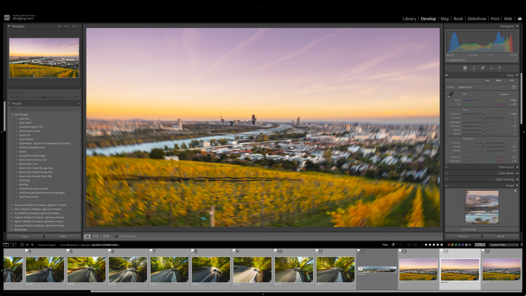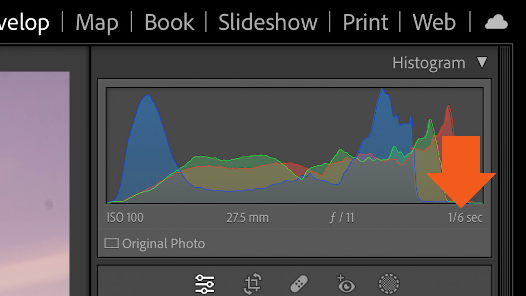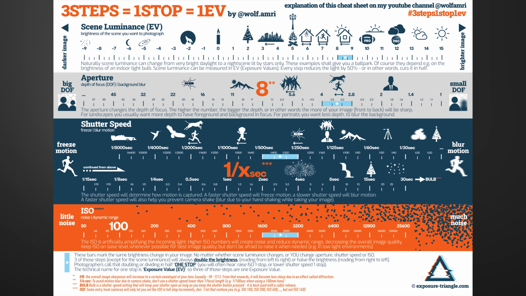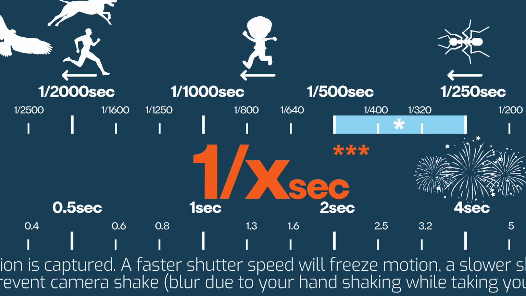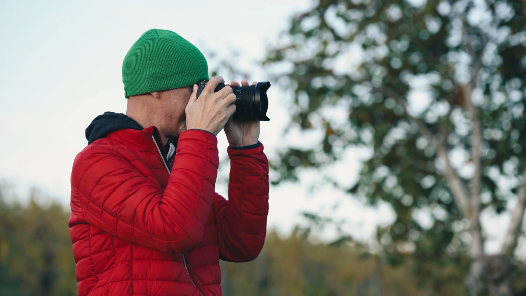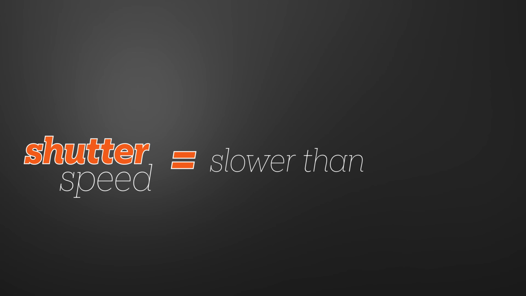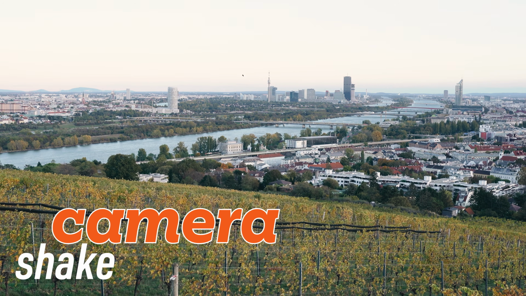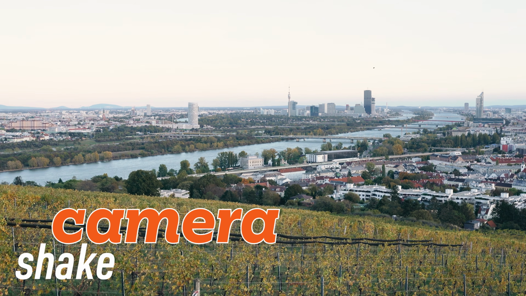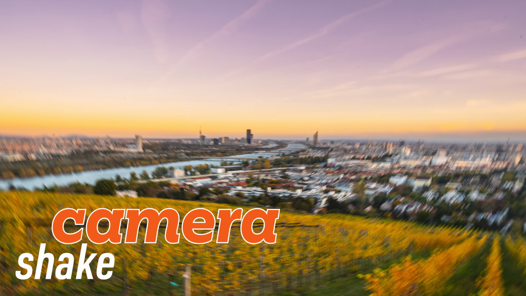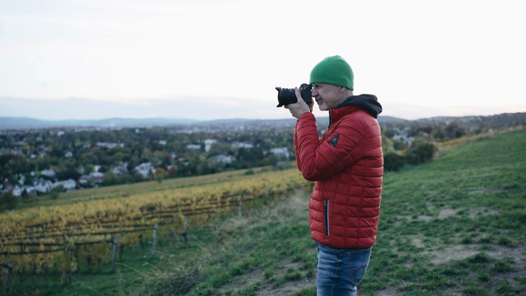Let me check the shutter speed the camera chose for our image. It is 1/6 of a second. And now let's have a look at our cheat sheet again. Let me draw your attention to that orange 1/x with a footnote. If you handhold your camera rather than put it on a tripod and use a shutter speed that is slower than 1 over the focal length you're using, chances are that you will shake the camera while pressing the shutter, and that would create motion blur. Because now it is not your subject that is moving like I did in lesson 3, but rather the camera. The result is the same though, motion blur. This time the complete image is blurry.